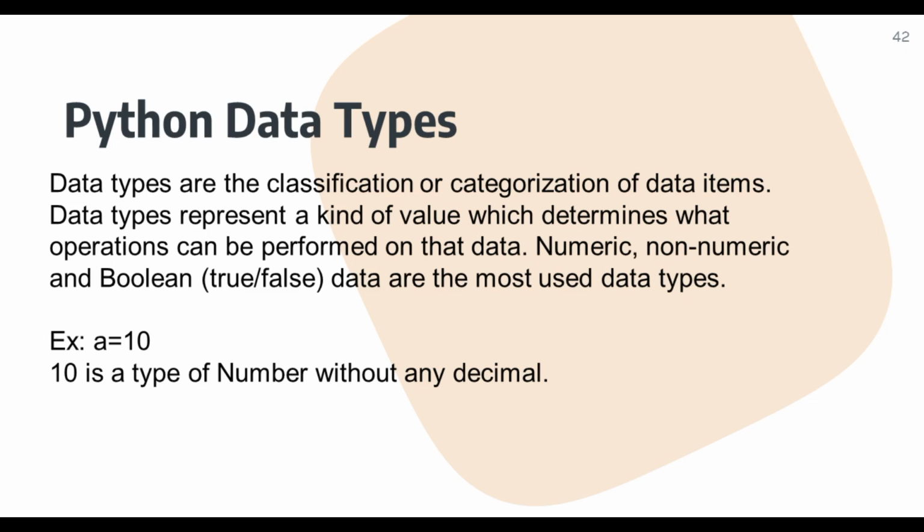So student, we have to understand what a data type is. A data type is a type of data by which we can categorize data into different categories. For example, a person can have a name, which is a non-numerical value, and a person can have an age, which is a numerical value. So here we can see two types of value. Data types are actually the classification or categorization of data items. Data type represents a kind of value by which we can determine the different kinds of operations.